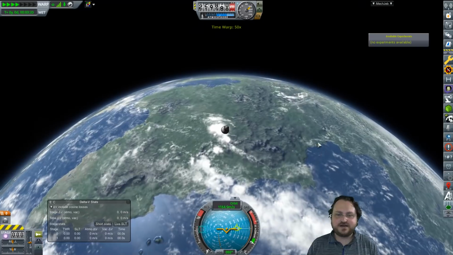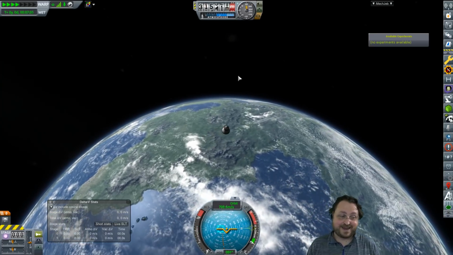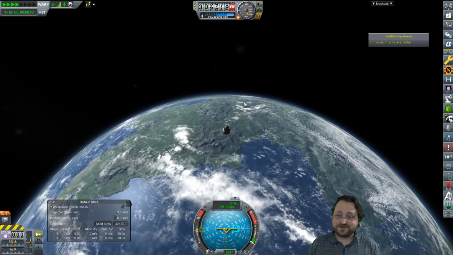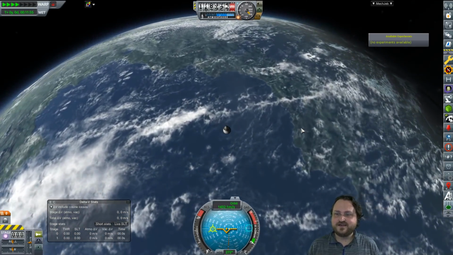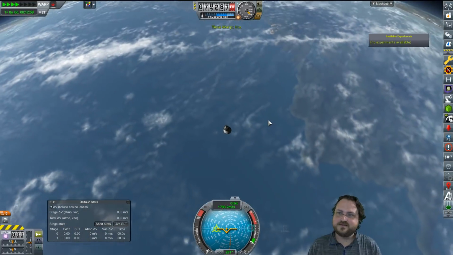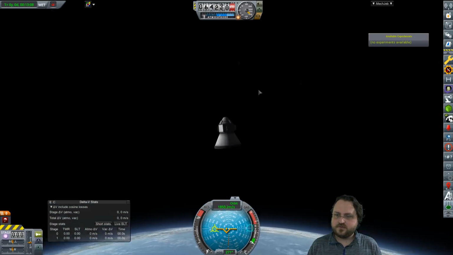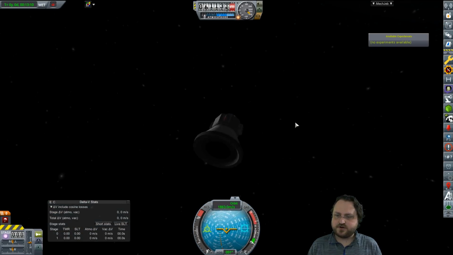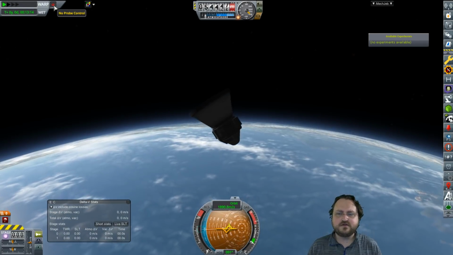Let's do the time warp again. Whoa, we're gonna get real high. Guys, you wanna get high? We got real high. All right, coming down. Entering the atmosphere. Good. Now, without a heat shield, I don't know. Yeah, we're not. Oh, wait. Do I not have...